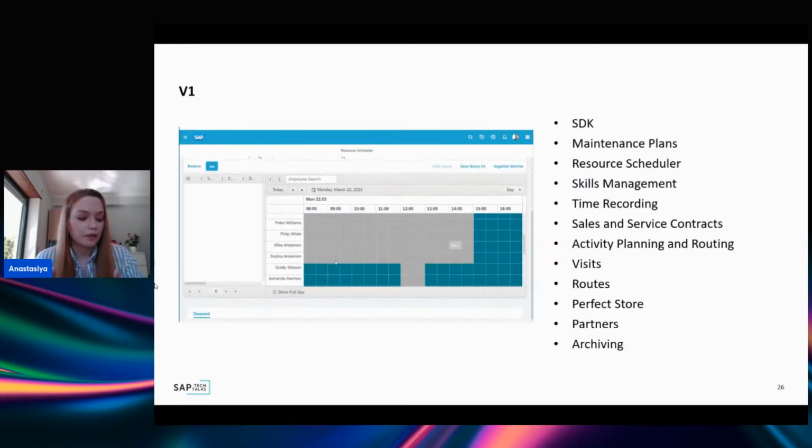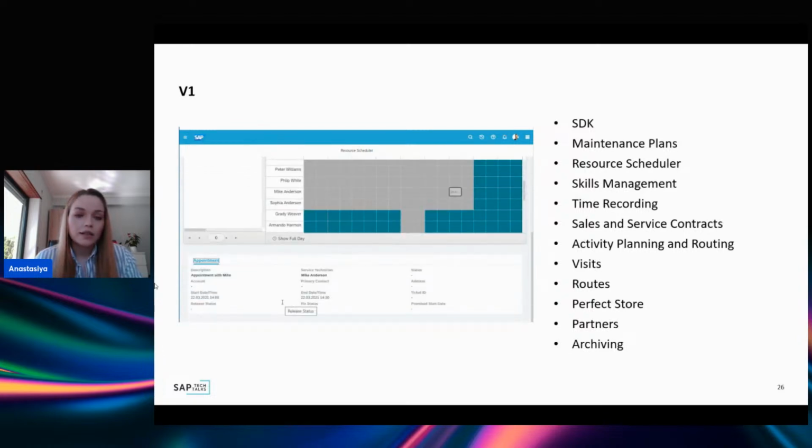For example, the first point is SDK. It's something that will not be supported in V2, and it's a main pain point if we talk about the migration from V1 to V2. So customized code is not supported in the transport. But regarding the rest of the list, it's more like features or work centers that are available in V1 and not yet available in V2, but we still don't know if they will be available there or not, because, for example, part of it can be covered with,